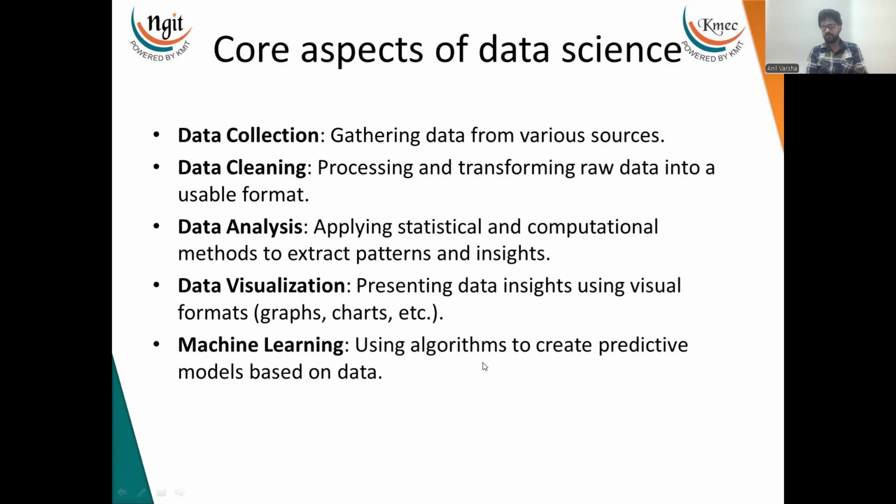Just a short while ago, I talked about the models. Now you have the data, you processed it, and the data is ready to be analyzed. Right after you analyze, you should be able to use the data for various purposes. Here, machine learning plays a vital role. By using machine learning, we get algorithms, and with these algorithms we'll be able to create predictive models based on the data that is provided.